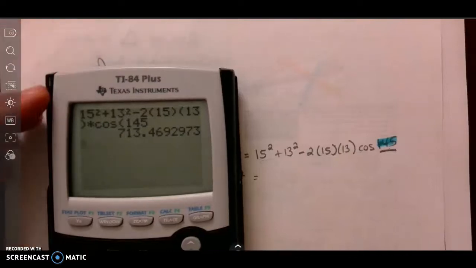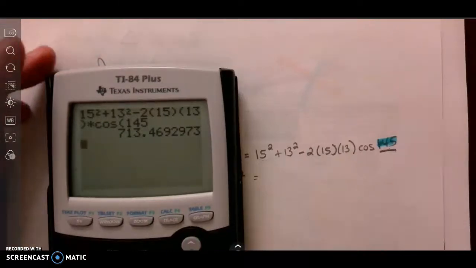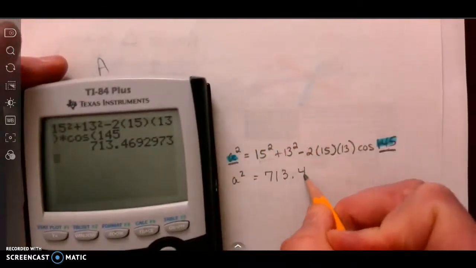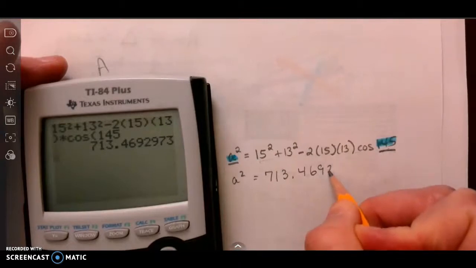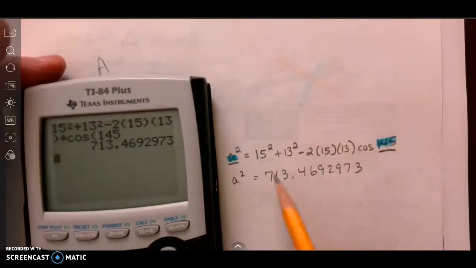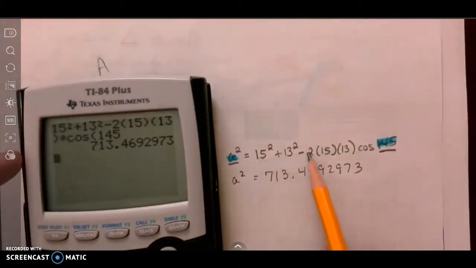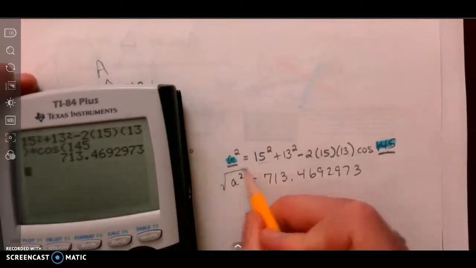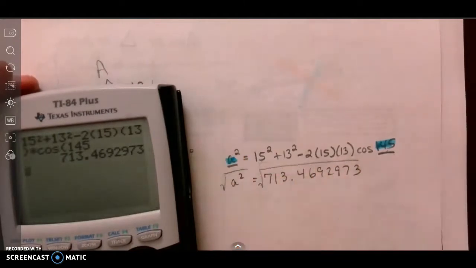And I get 713.469297. Let's make sure I put everything in correctly. Good. Okay. And now all I have to do is take the square root. And I don't need plus or minus because